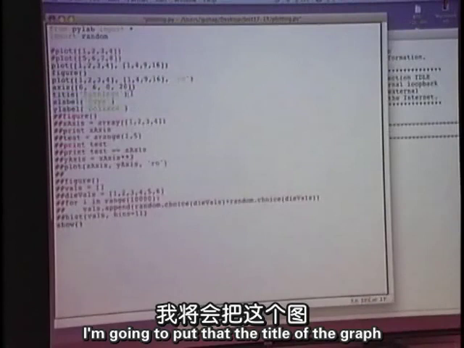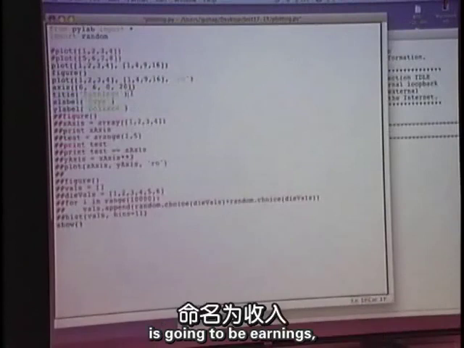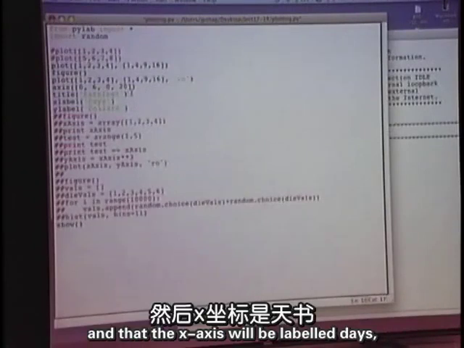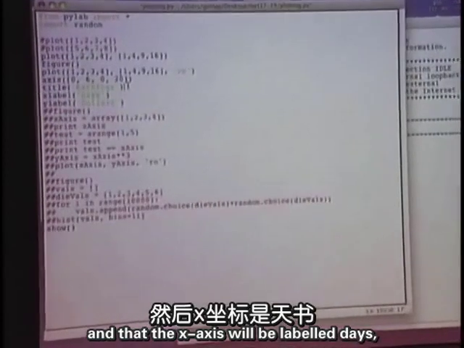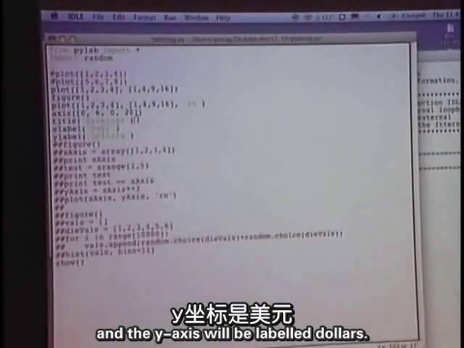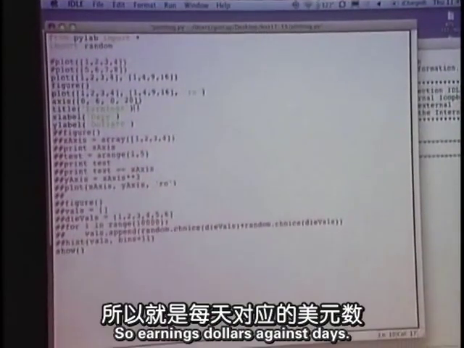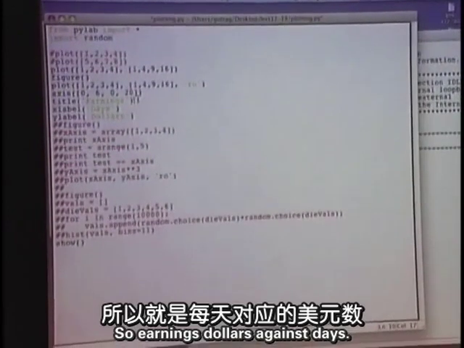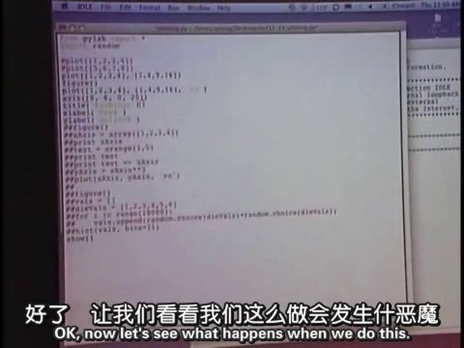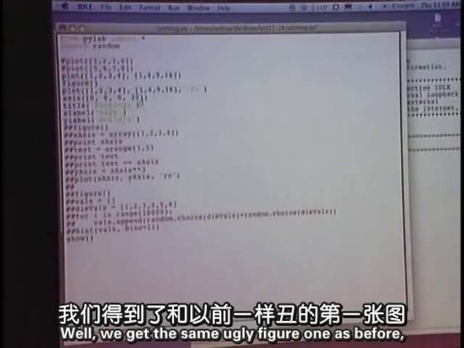I'm going to put that the title of the graph is going to be earnings, and that the x-axis will be labeled days, and the y-axis will be labeled dollars. So earnings, dollars against days. Okay? Now let's see what happens when we do this.